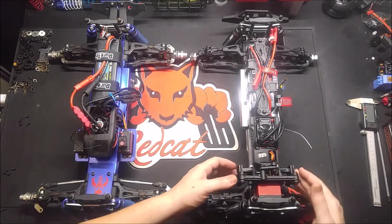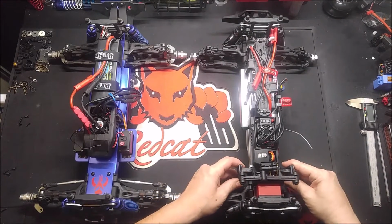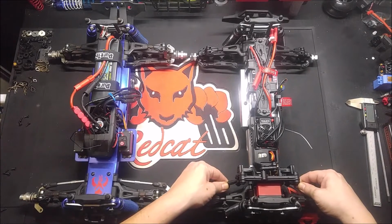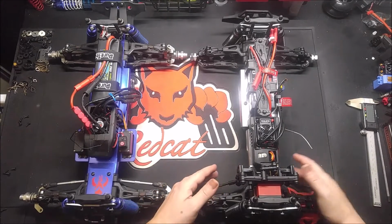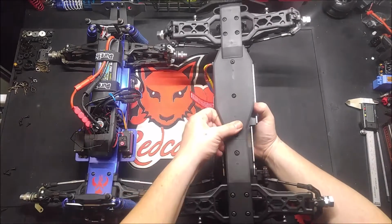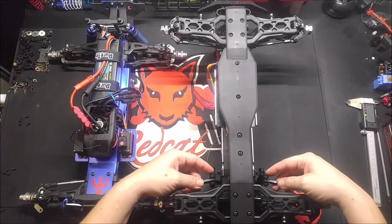And then, as mentioned in other videos, the links. I mean, you can see the play I have right here just on the links alone. So what I have is the version 2 conversion, which I do not have on my truck because I can't show you, but